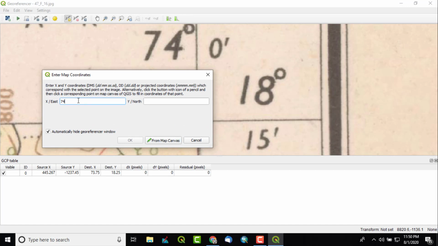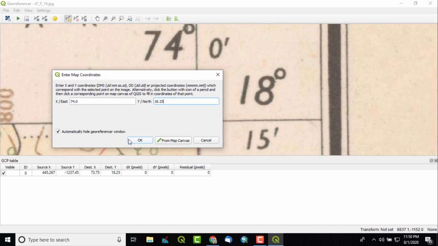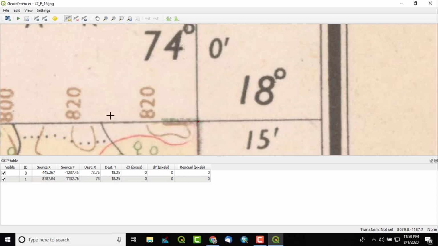Now it is easy. 74.0 means 74.0, or you can put only 74. And latitude will remain the same, 18.25. Then okay. So we have taken 2 points.